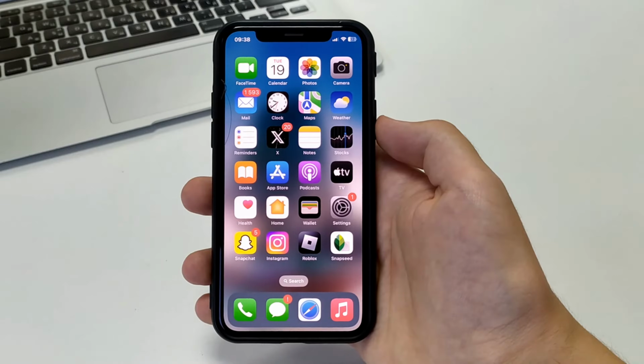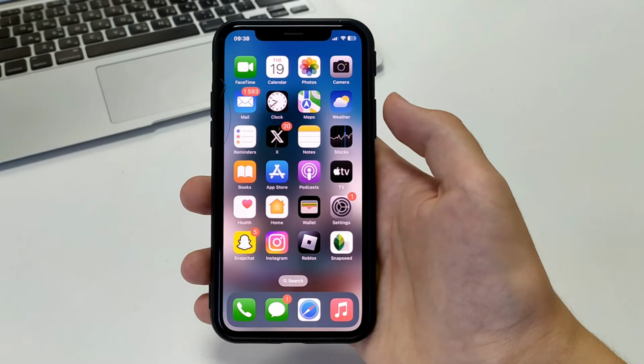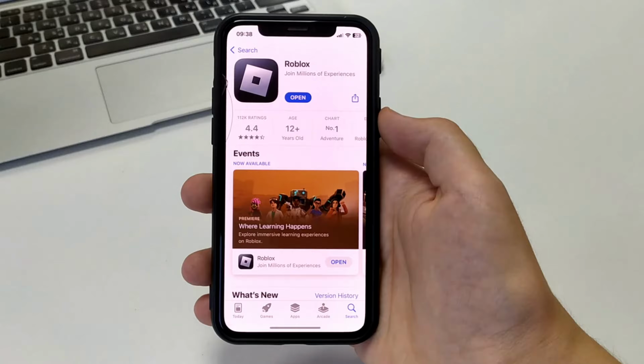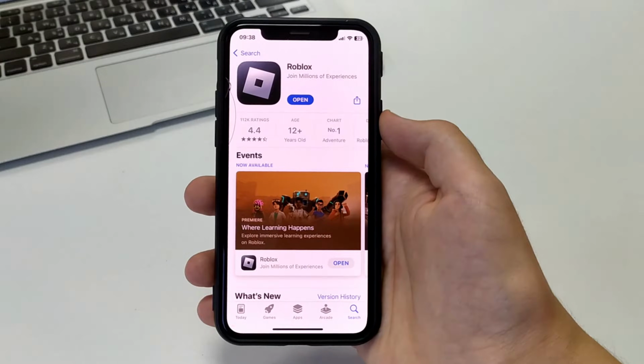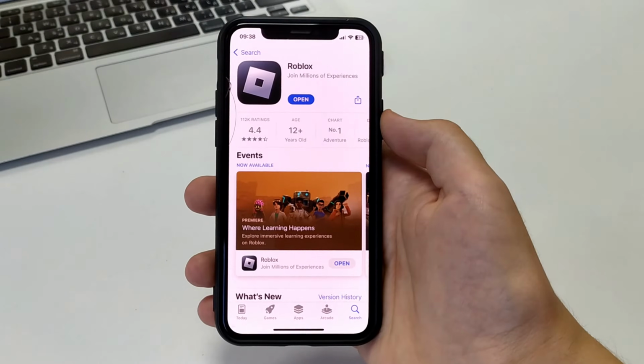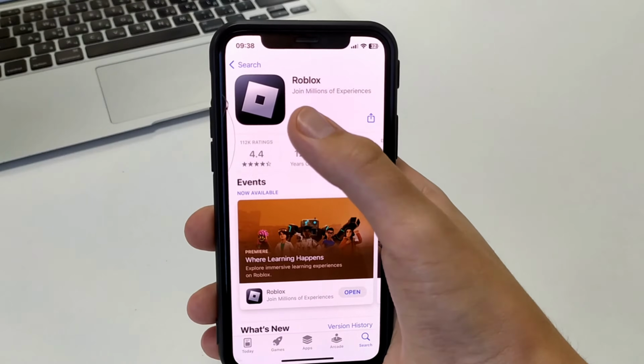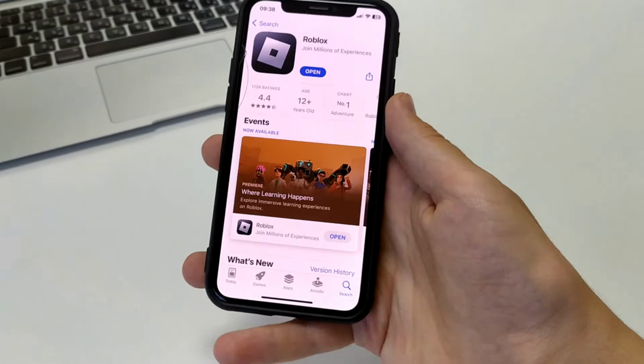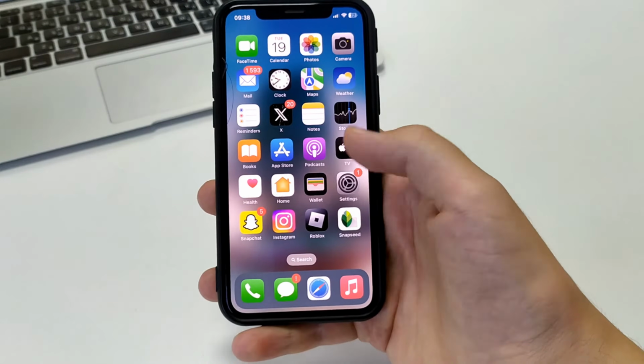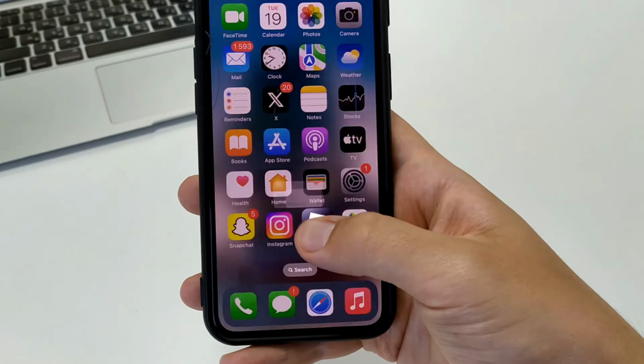Let's get started. The first thing to do is go to the Apple Store or Google Play Market and try to update our application Roblox. As I have here, it says open. I do not need to update it. Just click. If after that it still does not work, then the second way: